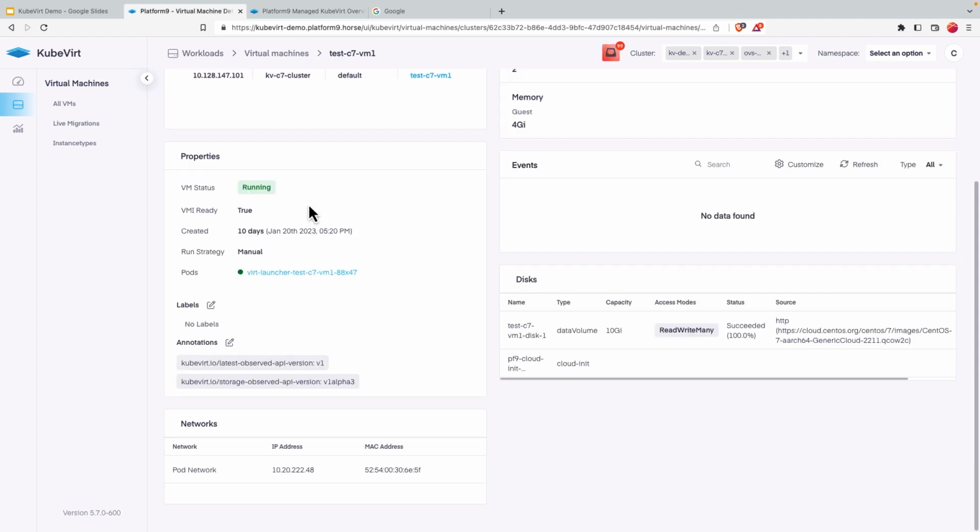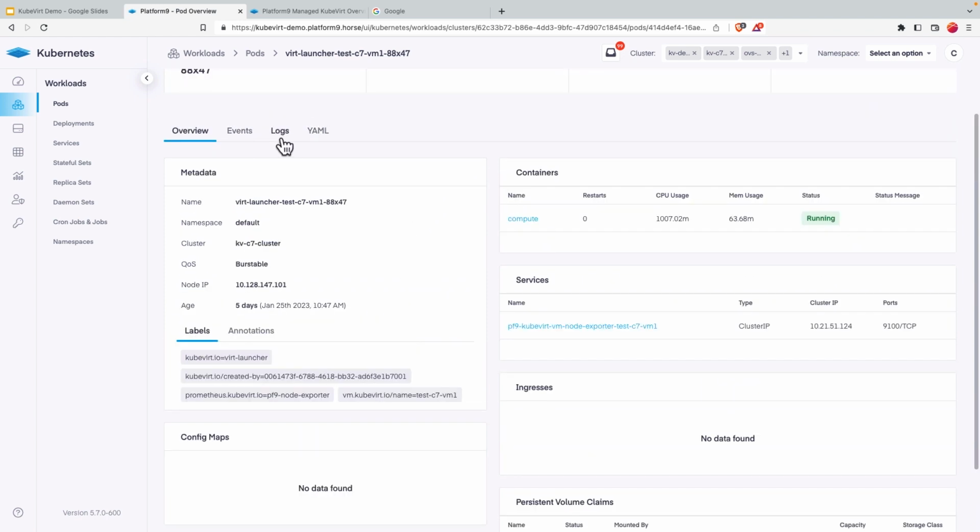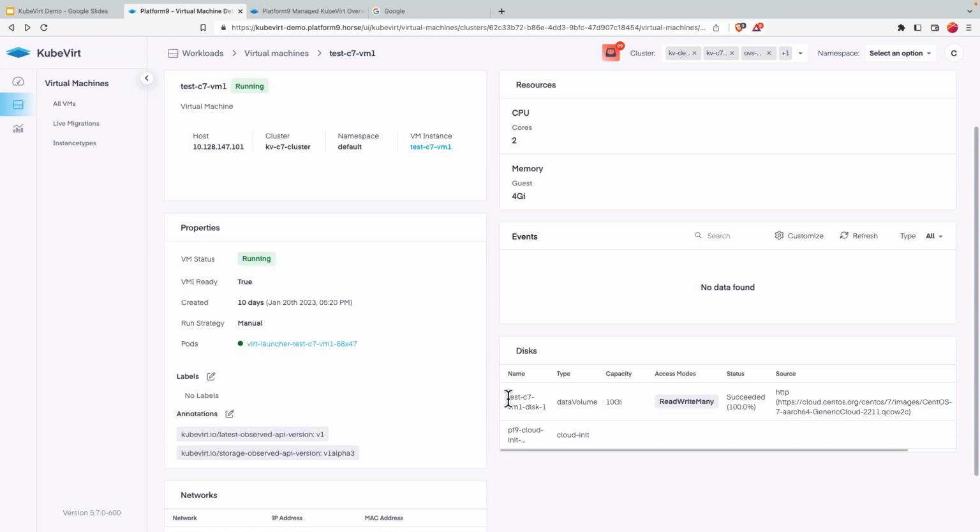We try to provide some contextual information as well. For every VM that comes up in KubeVirt, it launches a pod that's associated with that VM. So we try to show contextual information by showing that pod and all its information. If you're troubleshooting, you can select the events or go to the logs, or view the YAML, however it's laid out. We have your disks, and in terms of persistent storage, we show data volumes, which is